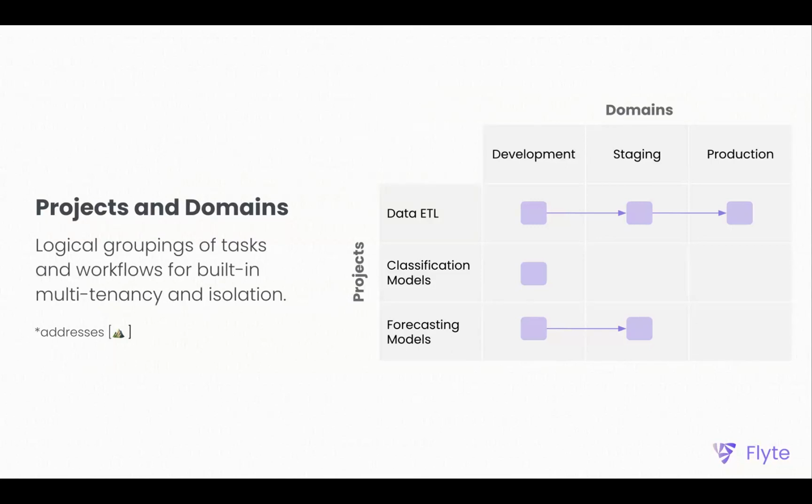And domains are a way for you to progress your workflows from development to production. So kind of like a GitOps style, sort of like you merge to the main branch or the dev branch, and then you can deploy, register your workflows according to whatever set of domains you want to progress through. So these are just the defaults that Flyte ships with, but you can really call them XYZ or whatever.